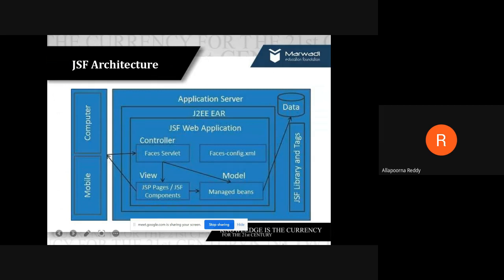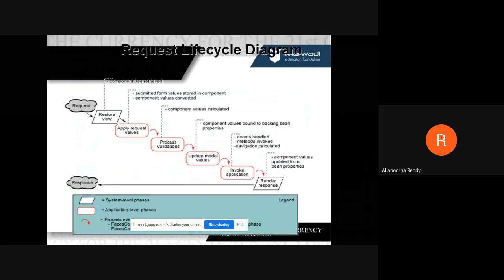Remember, here we need to discuss the phases. You already know what a JSP page is, and what the configuration is, and we need to discuss that. And about this one, we need to discuss tags and facelets, which we need to do. And this is also what we have done: what happens in each and every phase when we make a request.